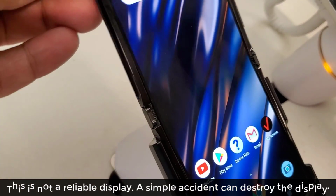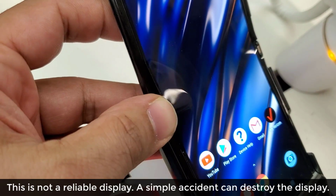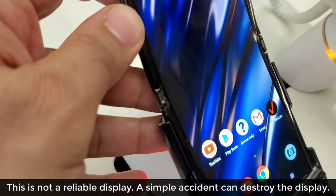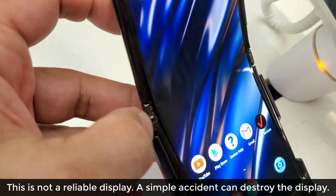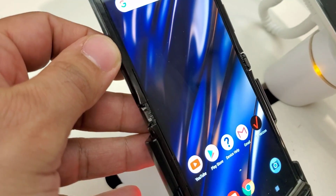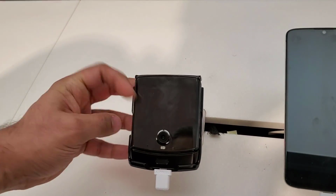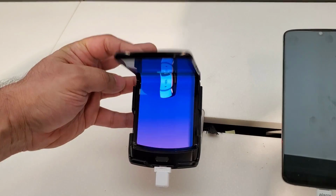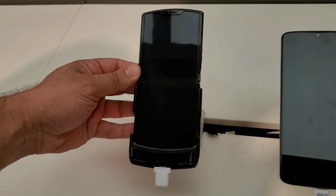Just take a look at the way I can actually peel off the display as I'm unfolding the device. What if something gets inside there and damages the display? There is no way around this. Sooner or later, it is going to get damaged. Now, I'm sure if you try to baby this device, it will survive, but I'm not here to buy a phone for $1,500 and then baby it. I wanted to be able to use it without thinking too much about if the display is just going to